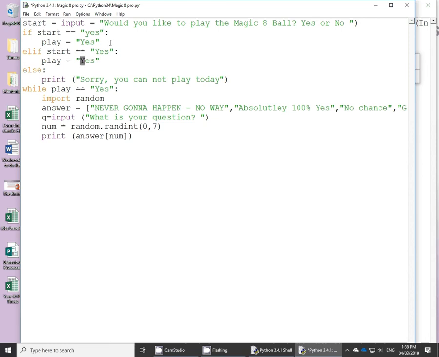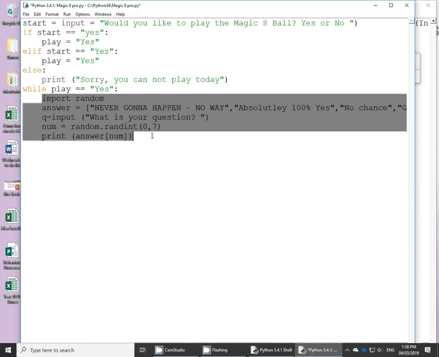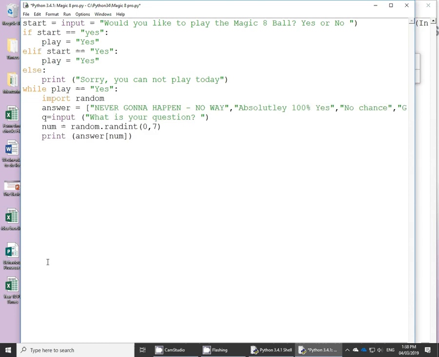And if you don't type in one of those two options there, then you're not going to get to play the game because you don't meet the condition that lets you into this part of the code. So that's fine. Now then, three other keywords that you need to be familiar with when talking about coding is